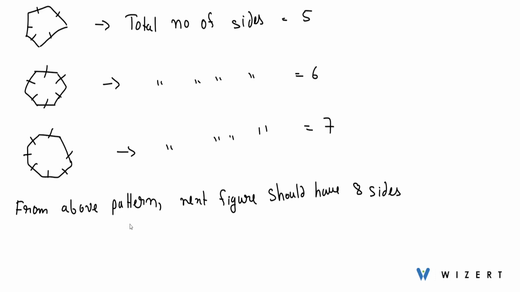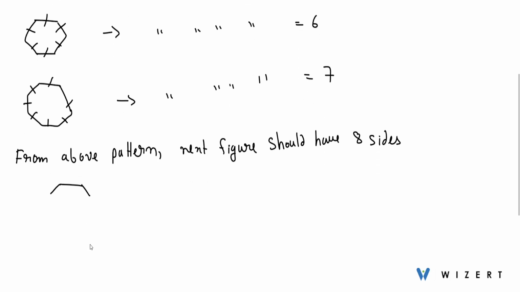So let's draw that figure. So side number 1, side number 2, we have side number 3 over here. Then let's draw side number 4, side number 5, and just draw the symmetric version of it in the below side. So we have 5 sides over here, then we have side number 6, side number 7 and side number